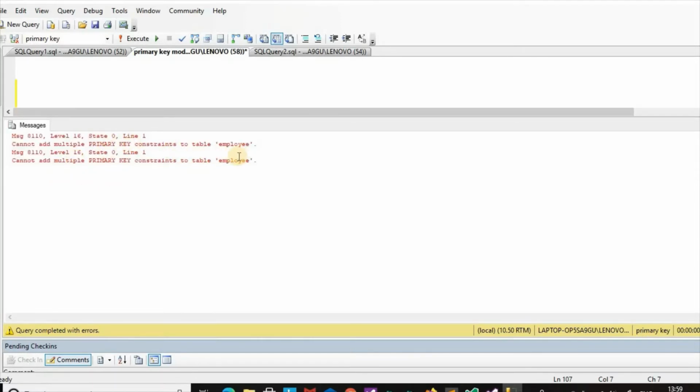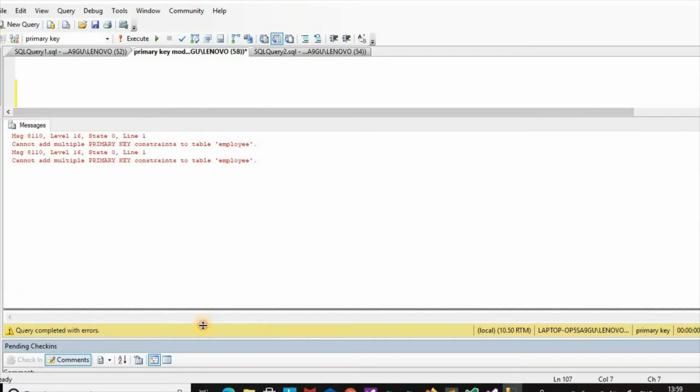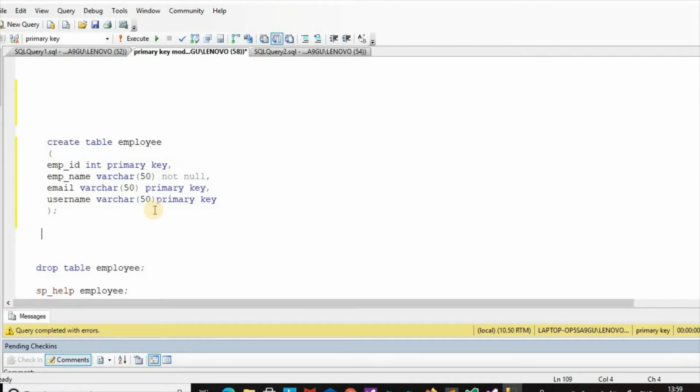Cannot add primary key constraint to table employee. Cannot add multiple primary key constraints to employee. Both times it gives an error. So only one primary key is allowed for a table. More than one primary key is not allowed for any table.